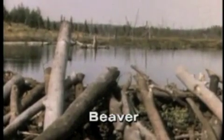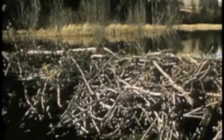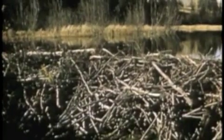There was a time when beaver lodges like this one and the busy beavers that build them had almost disappeared from Canada because of overtrapping. But the beaver, who will always be associated with Canada's early days, has been reintroduced into many areas, and it's